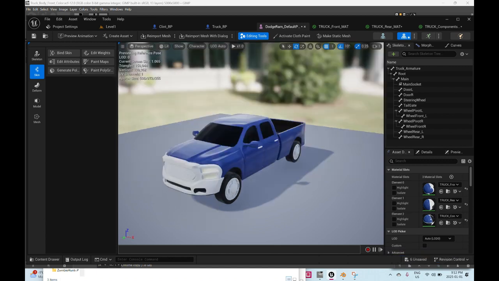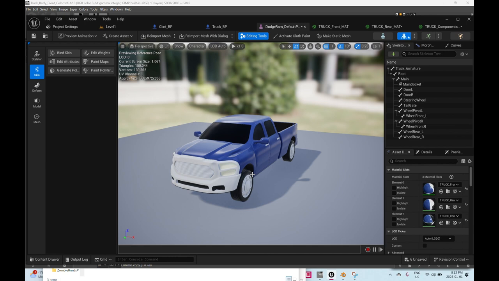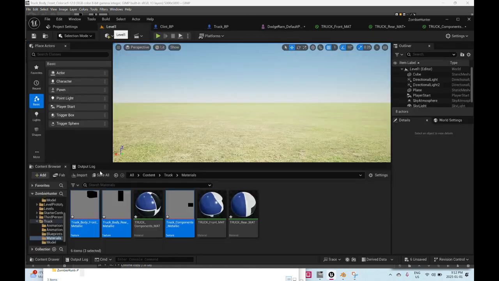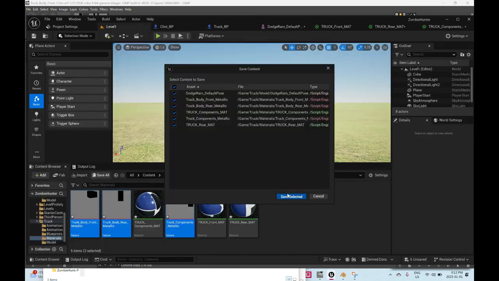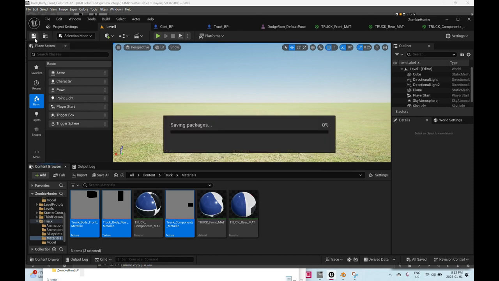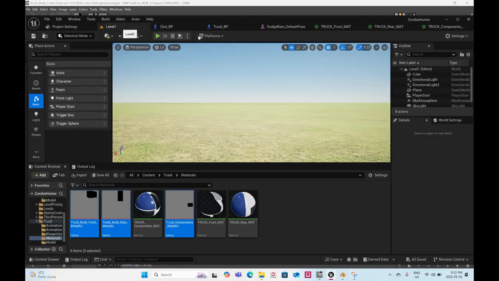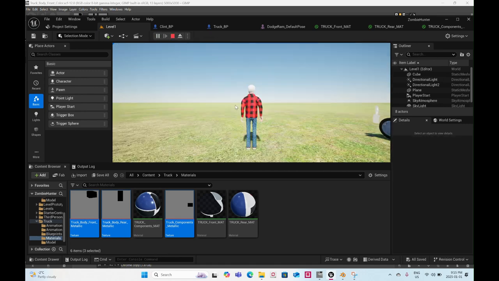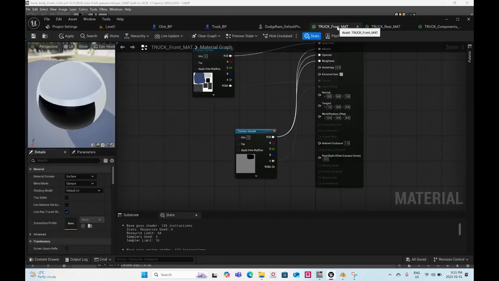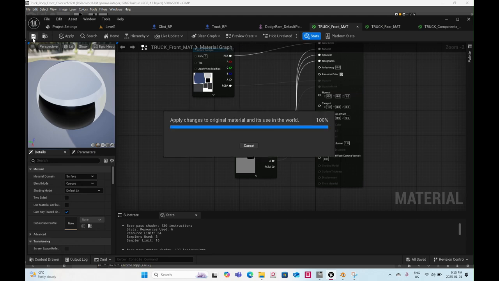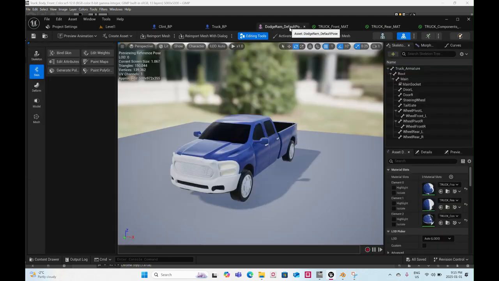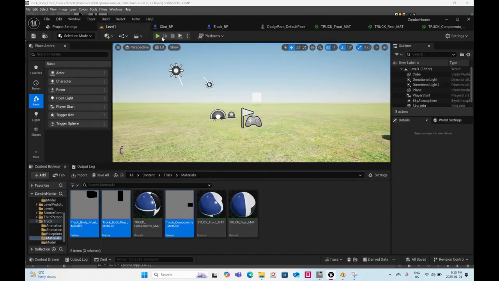Okay, the whole thing's shiny now, but I have no shininess in the chrome. First, let me save all. Okay, I'm just going to quickly play. Oops. Save this. So if I play,